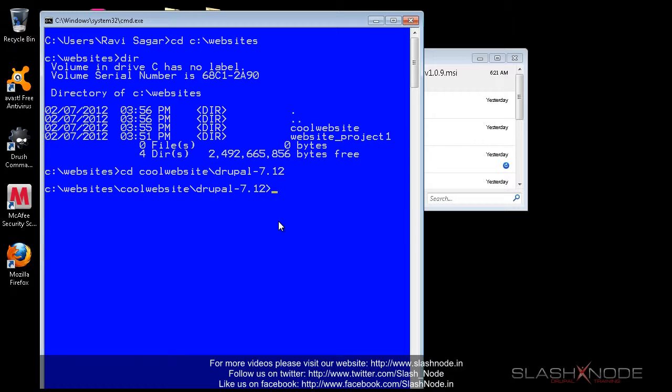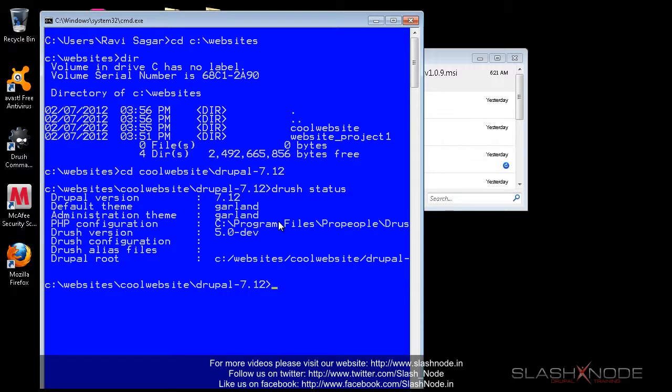This is basically my Drupal website. So I'll type drush status and let me see. Okay, so now it says Drupal version 7.12, default theme is Garland, and it is showing me some configurations. In these configurations, it is not showing the MySQL database settings because I have not yet installed this Drupal website.